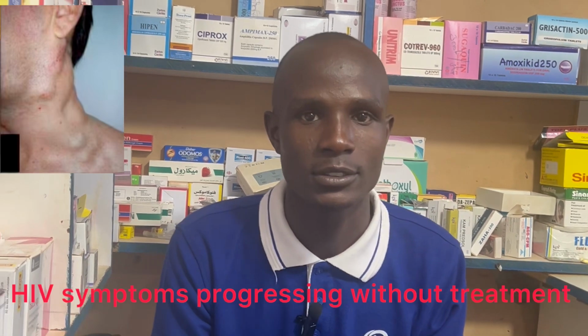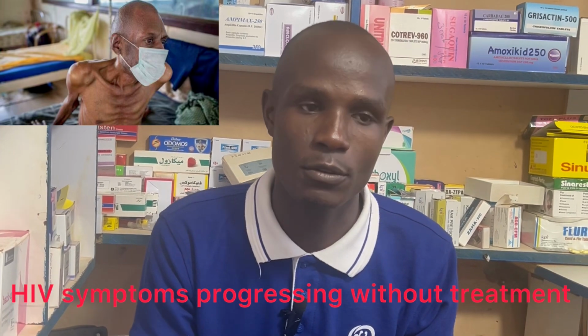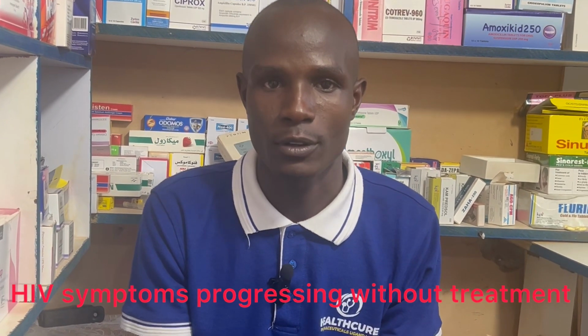If the person is unable to diagnose the illness easily or earlier, the new HIV infection will continue to weaken the immune system of the individual, and new signs and symptoms will occur after a few months of infection, and this may include generalized swollen lymph nodes, weight loss, fever, persistent or chronic diarrhea. In case the individual having an HIV infection is unable to get tested and get diagnosis,